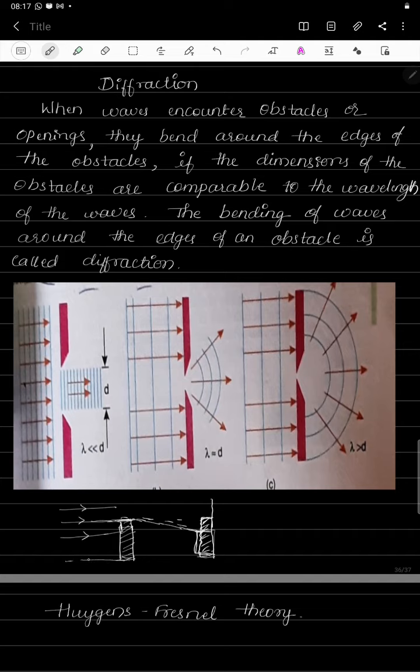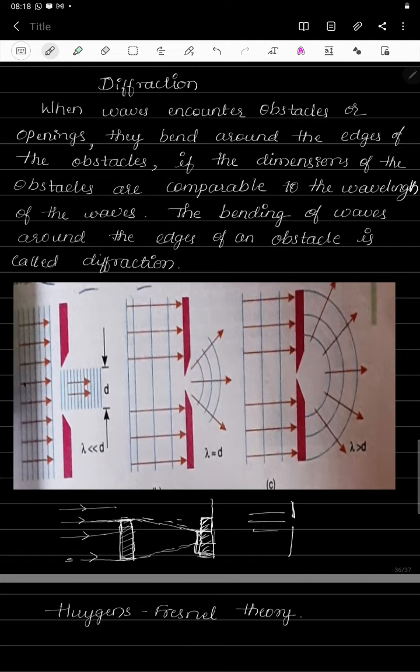Actually at the bottom also the same thing happens. If the light wave hits the bottom edge of the obstacle, bending takes place here also and it enters the geometrical shadow region, and the shadow size decreases. This phenomenon we call diffraction. So once again I will repeat, it is the phenomenon of bending of light waves when they hit an obstacle or opening. Or else if there is a slit or an opening, the same thing is going to happen.